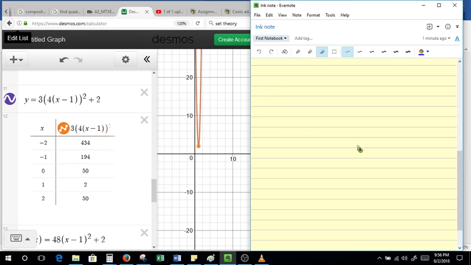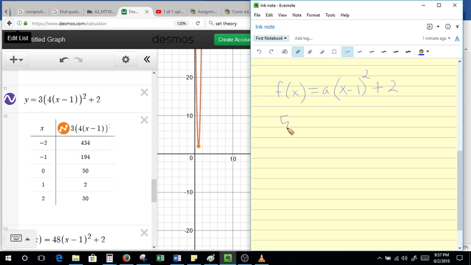So if we can see the vertex, well, then we can just plug into vertex form, and that's easy enough. So f of x is equal to a times x minus 1 squared plus 2, since the vertex is 1, 2. And then we can plug in a value for f of x and x to find our a. We don't want to plug in this one because that will end up zeroing this out. Let's try 50